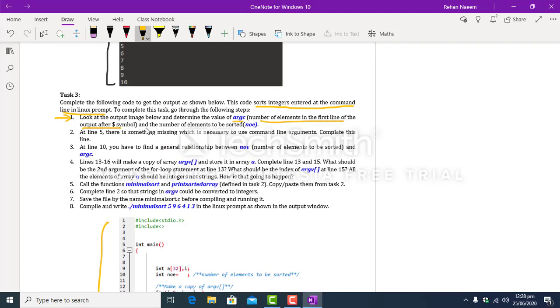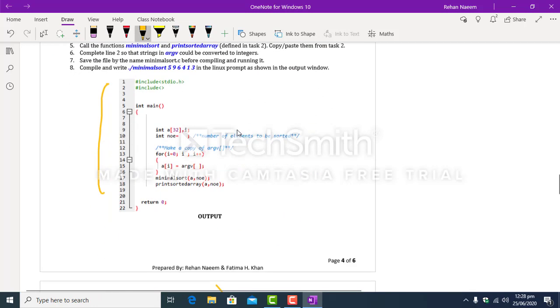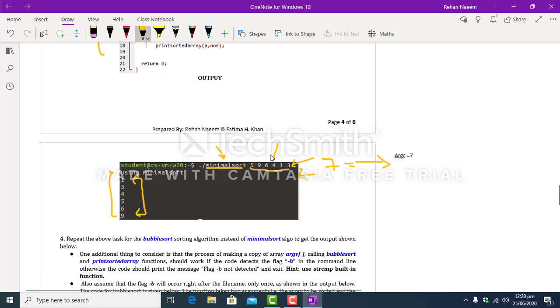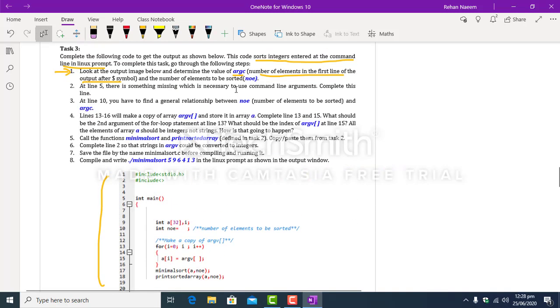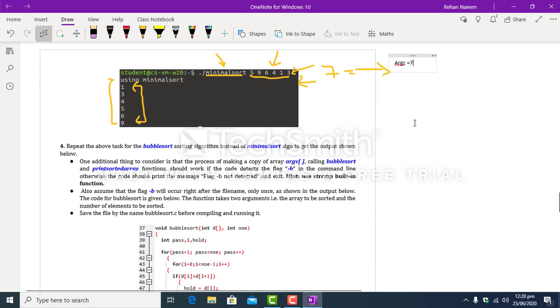And you have to also determine the number of elements to be sorted. So how many elements do you want to sort? 5 9 6 4 1 3. So there are 6 elements to be sorted, and so the value of NOE, number of elements, this is the name of the variable, would be 6.